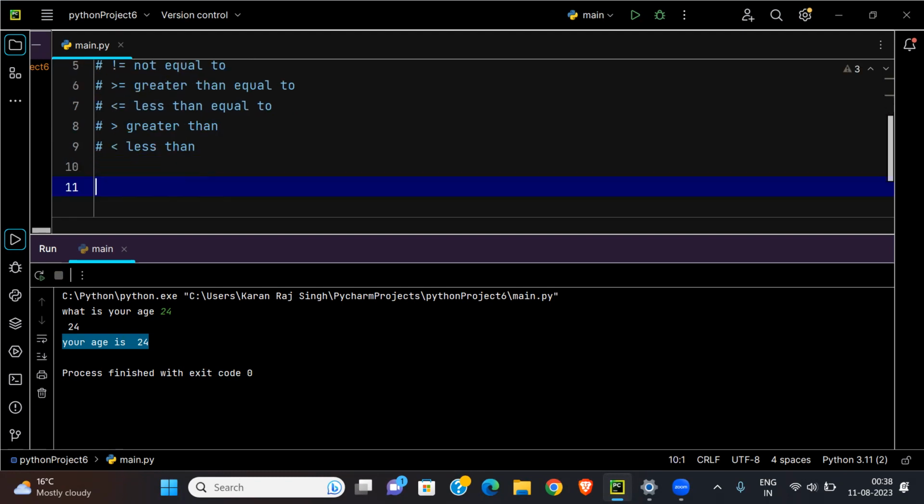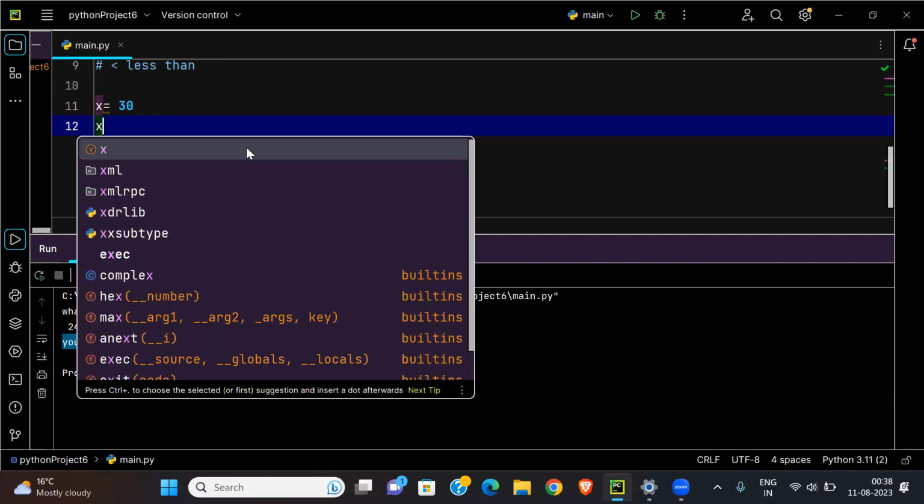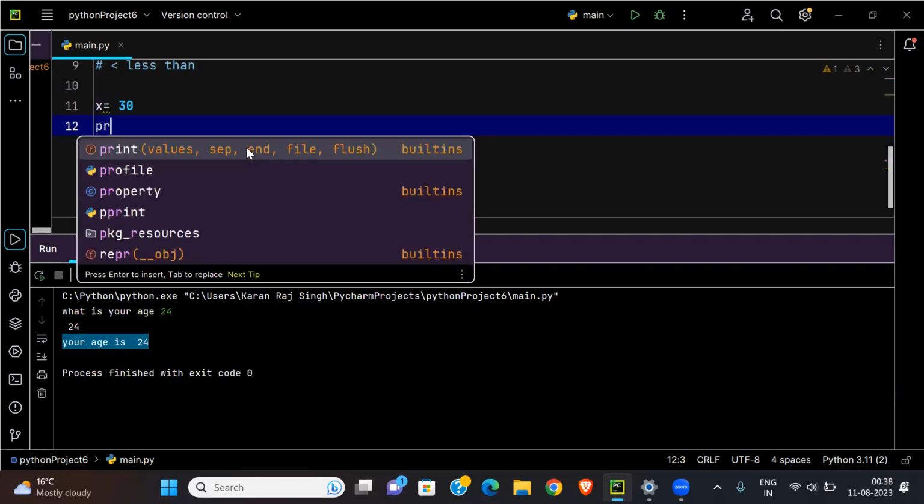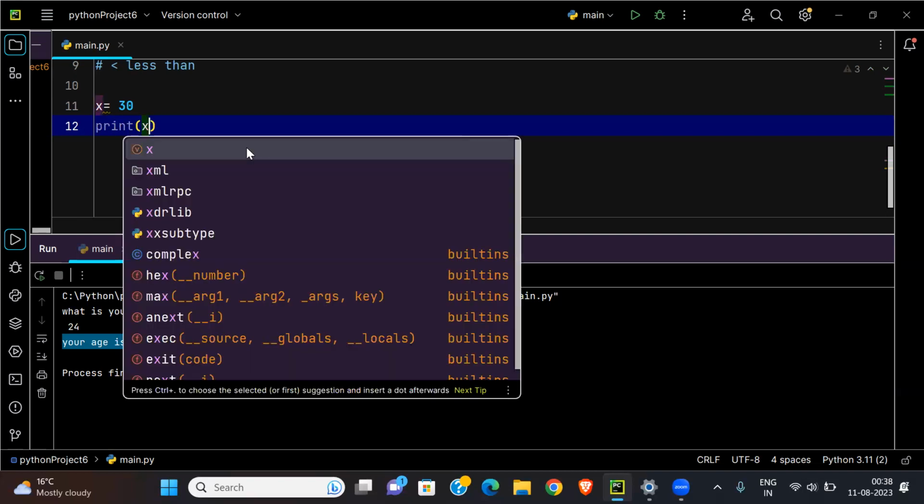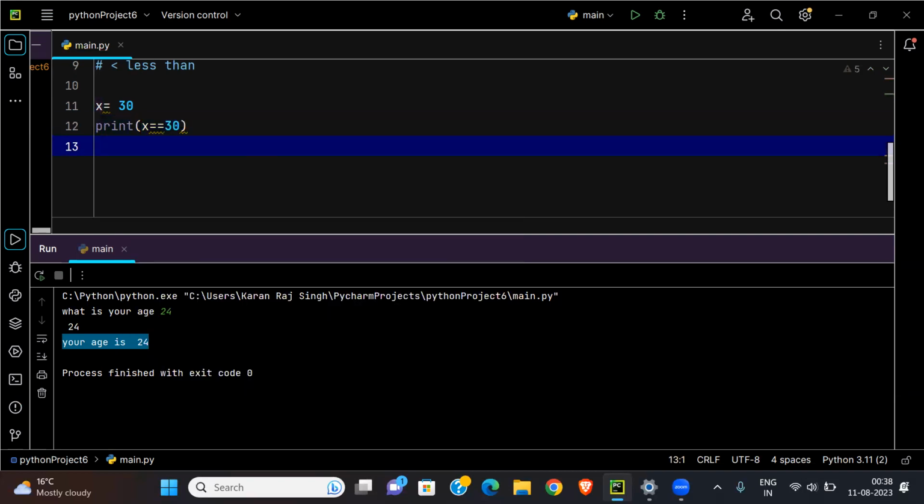Now, in order to check for the Boolean values, we have to assign a variable, let's suppose x, a certain value, which we will be taking as 30. Now, we will be testing, and for testing, we will be using the print function so that we can see what pops up in the Python framework. For that, we will be starting with print x is equal to 30, print x not equal to 30,